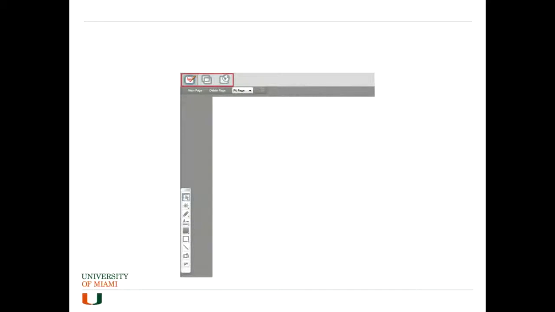Okay, here at the control panel, we have those three functions. Like I said earlier, the whiteboard that allows you to draw on the screen, the application sharing that allows you to share whatever you have open on your window, and the web tour that allows you to share a web page with everybody.